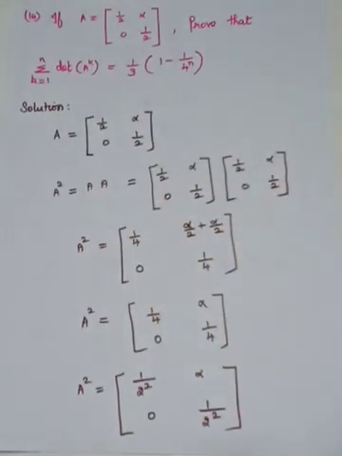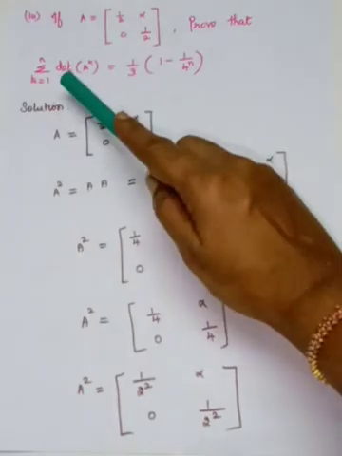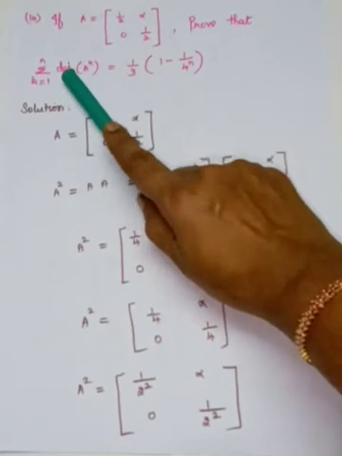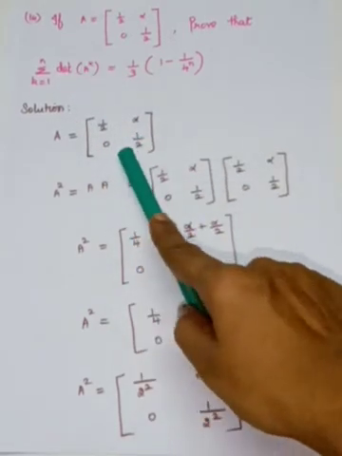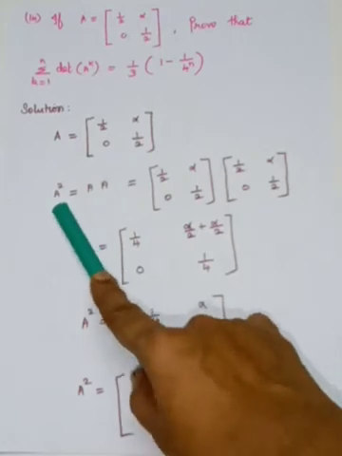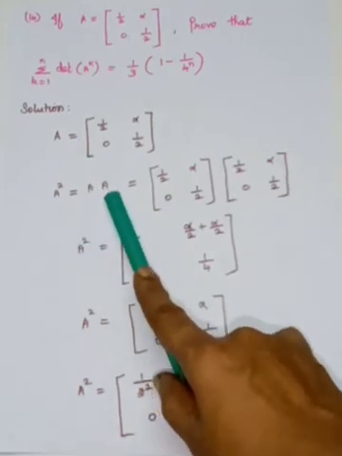So first we are going to find what the A matrix is. The A matrix is given to you. Then you are going to find A squared. Then you are going to find A cube. Then you will go for the determinant, because it is not the matrix but its determinant value that is written here. So the A matrix is taken. So first you are going to find A squared. What is A squared? A into A.